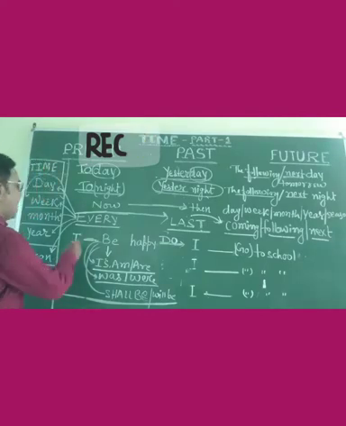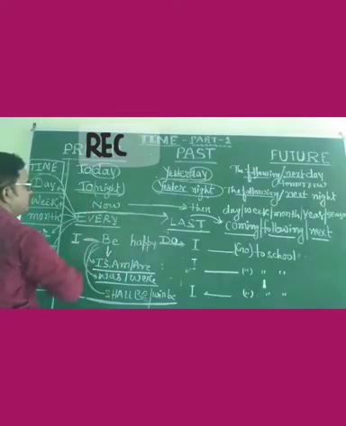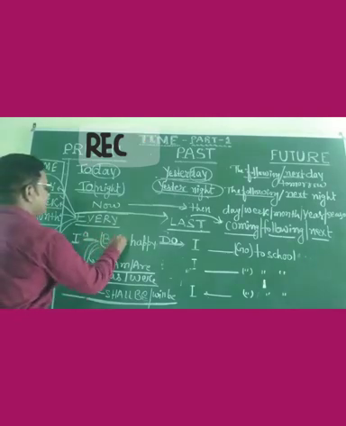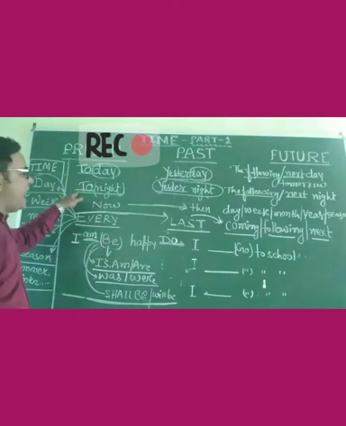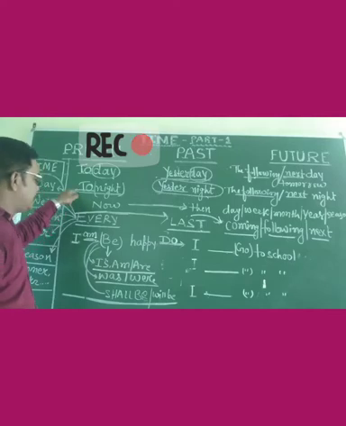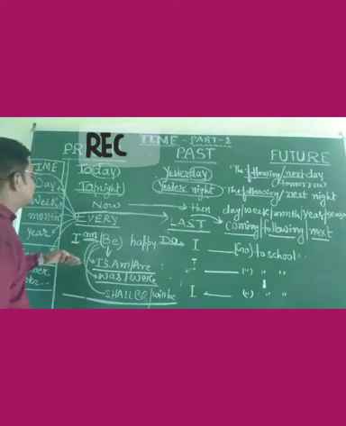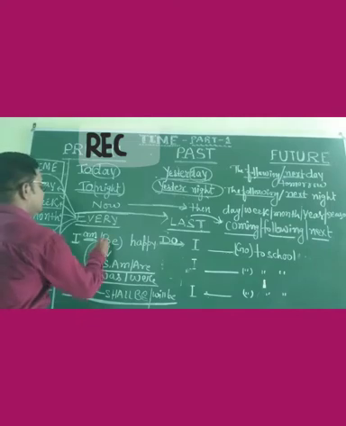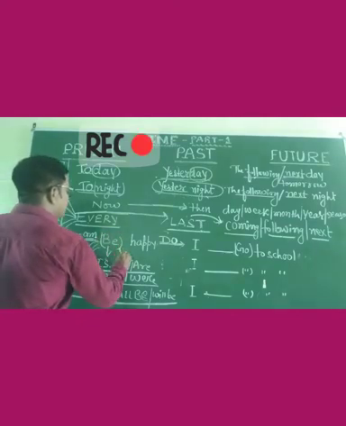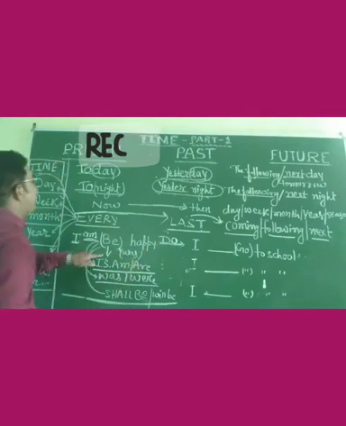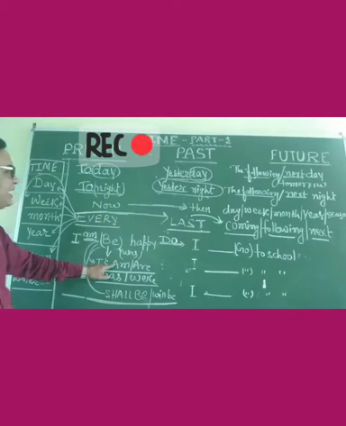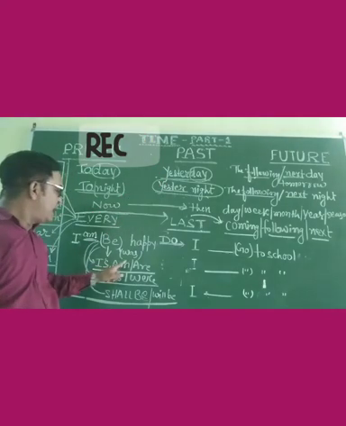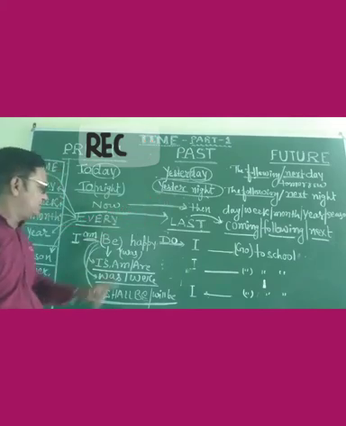When will you have to use it? I be happy today or tonight. At the place of be, you have to use what? I am happy today. I am happy tonight. Is that clear? In the same way, when it turns into past, what would be there? I was. At the place of be, you have to insert was. I was happy yesterday.